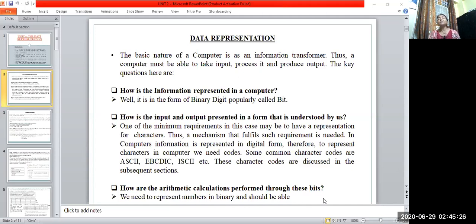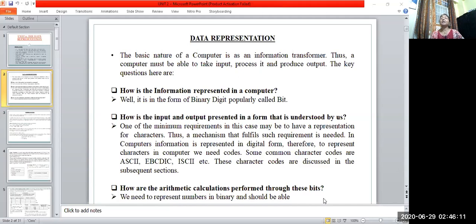Then what does the computer do? We give information and data in the form of our language, that is, in the form of decimal numbers, English, or any other language. There is some mechanism inside the computer which converts our data into binary language so that the computer can process it. After processing, with the help of the same mechanism, the binary data is converted back into our language, and we get output in the same format in which we gave the input.